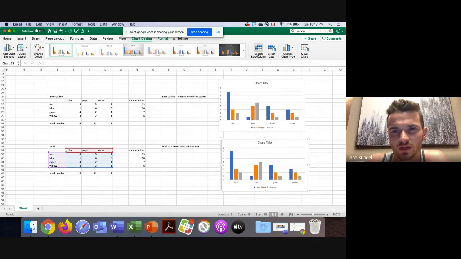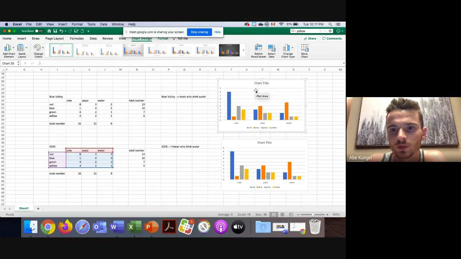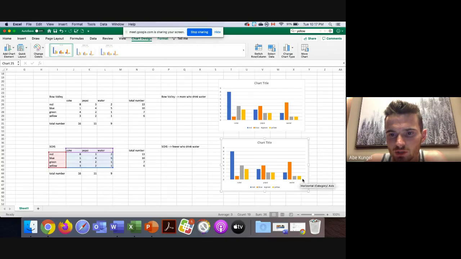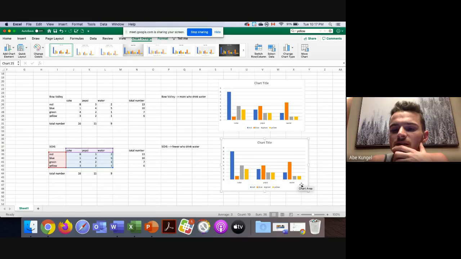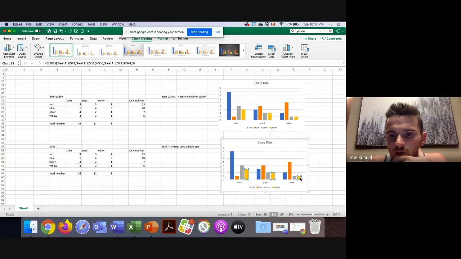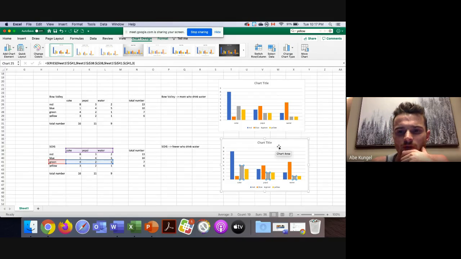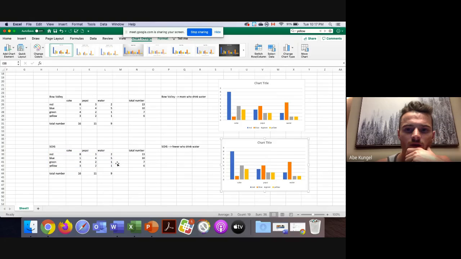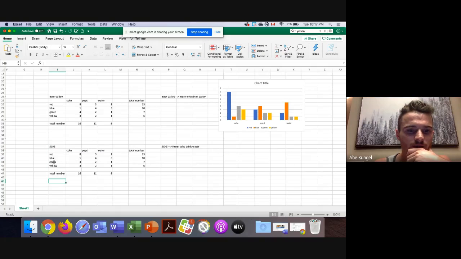Now for me to do that, it's probably going to be helpful to flip it around so I can see, okay, this is the water chunk over here. So looking at just this water chunk, I can see, okay, if your favorite color was green or yellow, there weren't as many people who drank water. So what I'm going to do is I'm not going to graph this whole thing anymore. I'm going to say, let's only look at